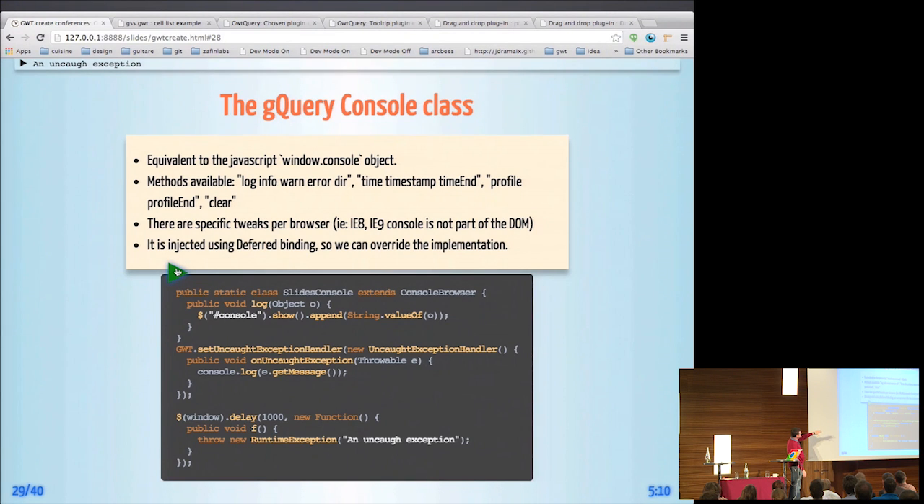Okay, so here the uncaught exception handler is redefined, so everything happening in asynchronous processes that is not caught by anything is going to this console, right? That's a runtime exception, so